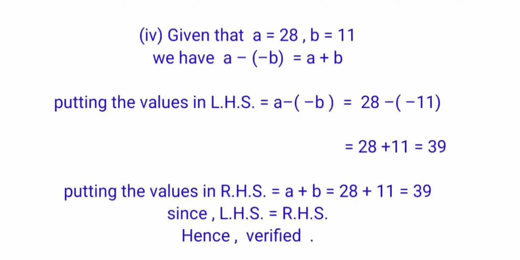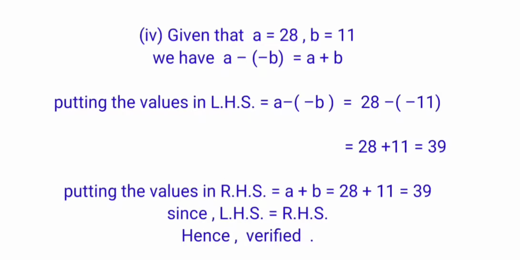Hence it is proved. Fourth bit, a equal to 28 and b equal to 11. We have a minus of minus b is equal to a plus b. Put the respective values of a and b in the left hand side. Expression of left hand side is a minus of minus b. Value of a is here 28 and value of b is 11. So 28 minus of minus 11, minus minus becomes plus, so 28 plus 11 equal to 39,